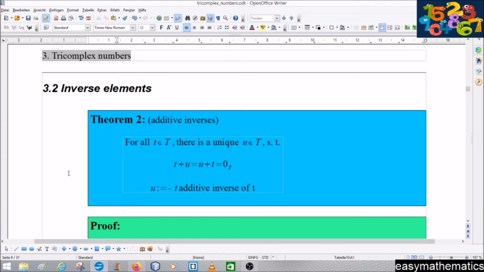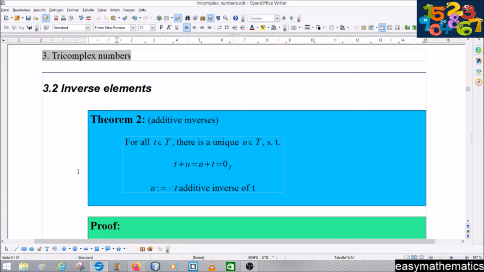For all tricomplex numbers t, there is a unique tricomplex number u such that t plus u equals u plus t equals the 0 element of the tricomplex numbers. And then we say u is negative t, and we call it the additive inverse of t. Okay, and yeah,